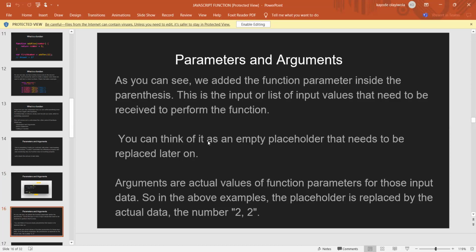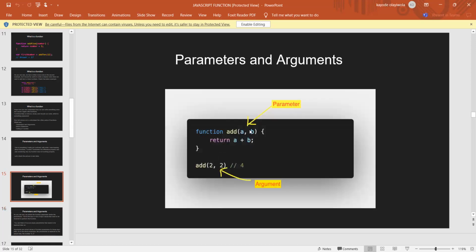So you can think of it as an empty placeholder that needs to be replaced later on. So this A and B are empty placeholders, so we can replace them later in our code. I want to now replace A and B with 2 and 2. That's why I have 2. So if you check my code, you can see that